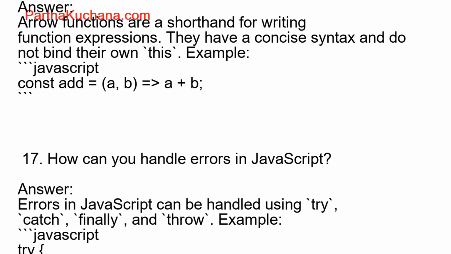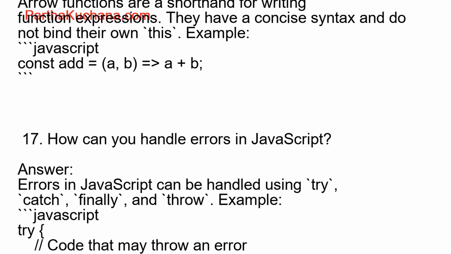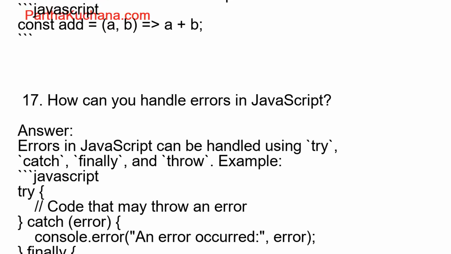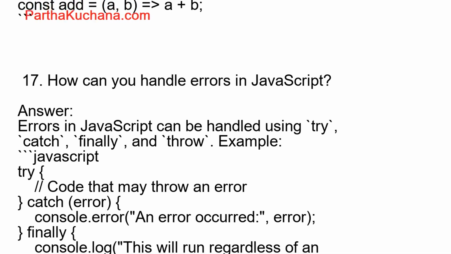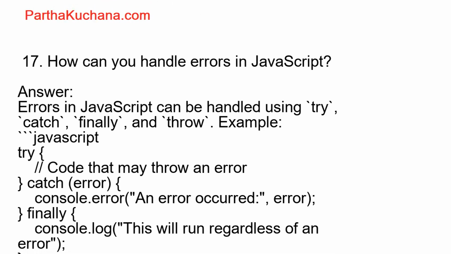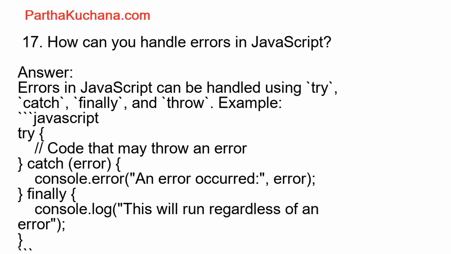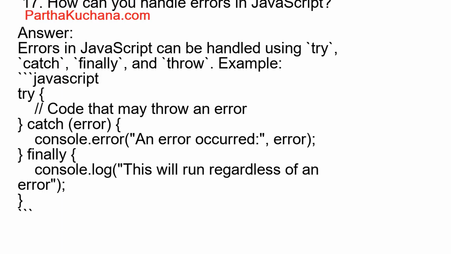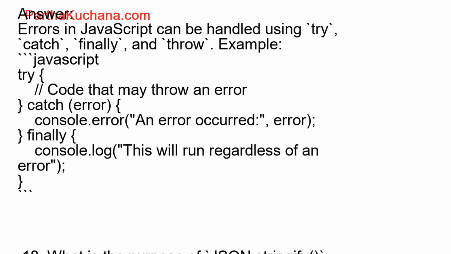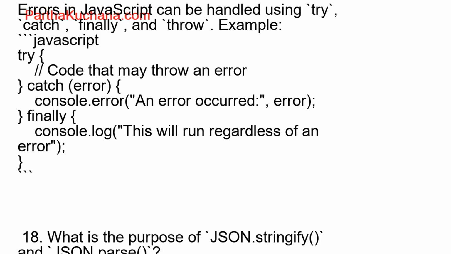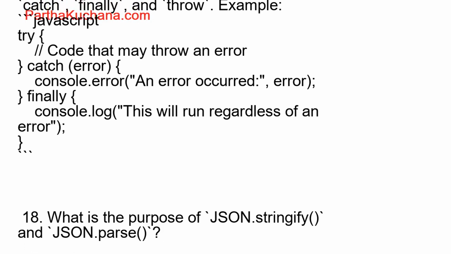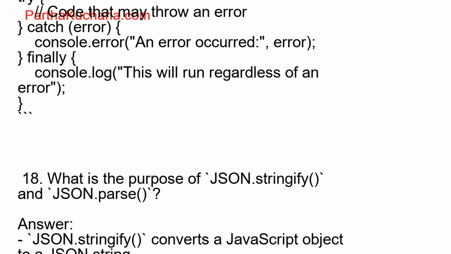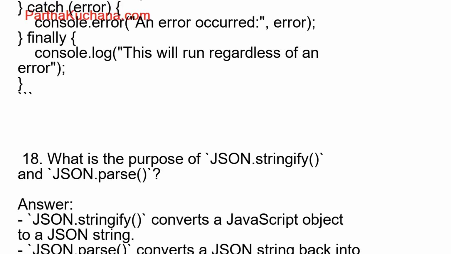18. What is the purpose of JSON.stringify and JSON.parse? Answer. JSON.stringify converts a JavaScript object to a JSON string. JSON.parse converts a JSON string back into a JavaScript object. JavaScript. let obj = { name: "John", age: 30 }; let jsonString = JSON.stringify(obj); let parsedObj = JSON.parse(jsonString);